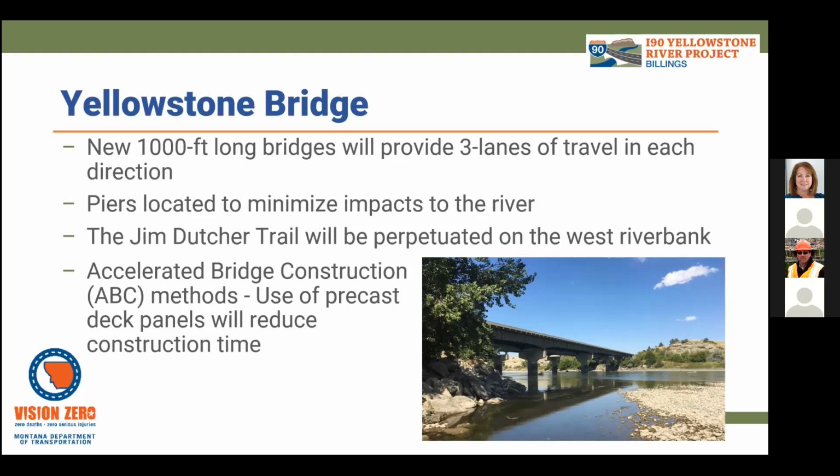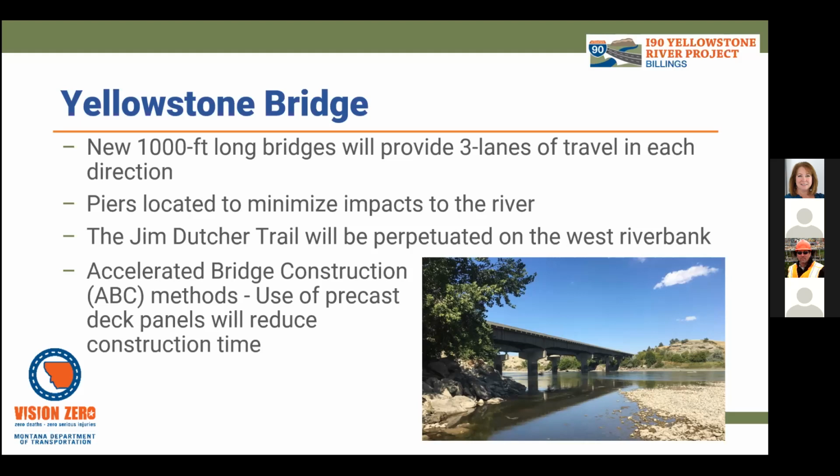And just to articulate a little bit on how we're minimizing impacts on the river. So when we look at a new bridge, we want to make sure that we can adequately convey the water underneath, so hydraulic flows. And in this situation, making sure that we can convey ice and debris and the things like that that you typically expect on the Yellowstone River. And we also want to make sure that the bridge provides an adequate hydraulic opening such that we don't impact the floodplain or provide any raise in the water surface elevation. So compared to the existing bridges, we're actually reducing the footprint on the river in this area and thereby minimizing the environmental impacts.